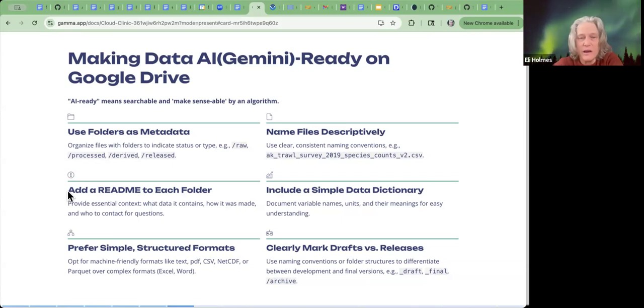And a nice thing, I think, about Gemini is, because it is generative, you can create your first README in the style you want, and then use Gemini to help you create the next ones. You can say, hey, look at all the files in here, create a new one in this structure. I've found things like that speed me up a lot. So, these are just some simple ideas of the ways that you might provide some extra information about the data.